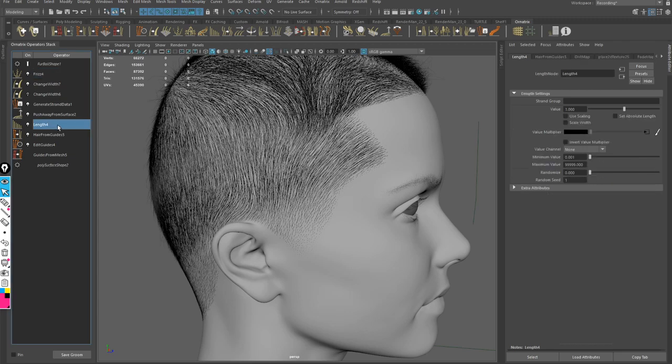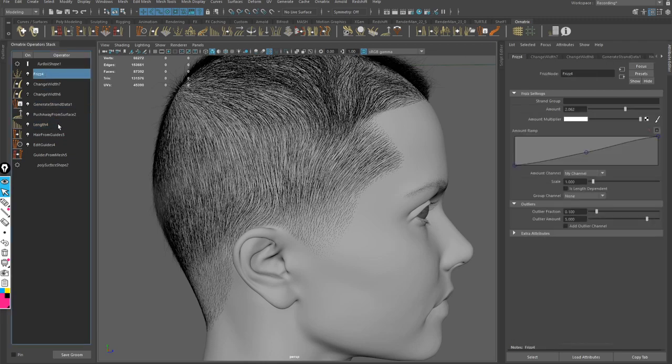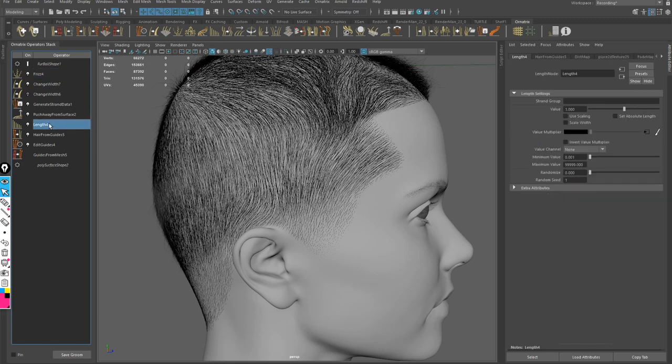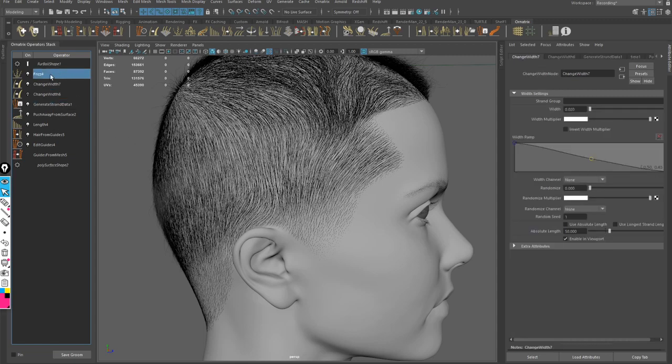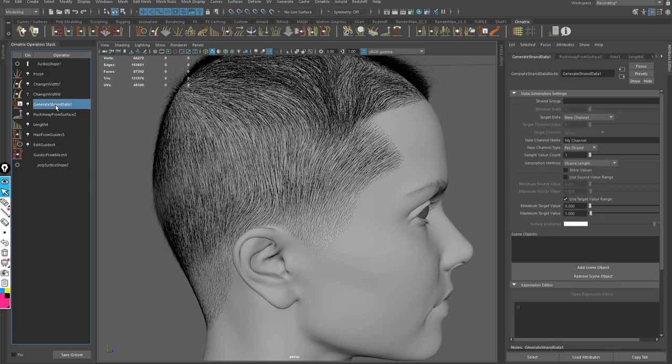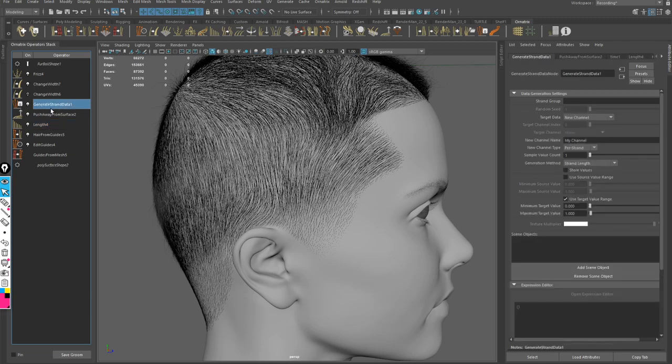So if we go back to the length node and we change the length, this will also affect the generated strand data and the frizz. So when you change one, the rest will be regenerated automatically, so you don't have to make any changes to the rest. So that's really nice, because when you change the length, the generated strand data will